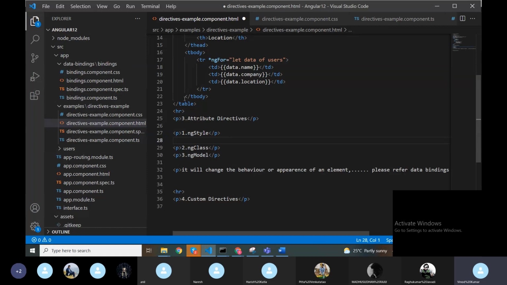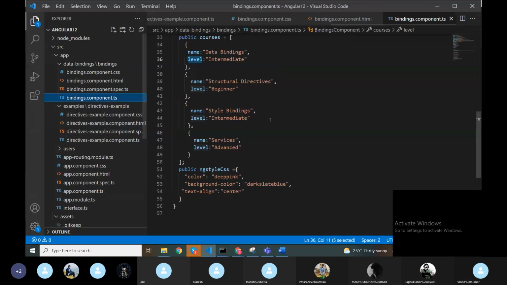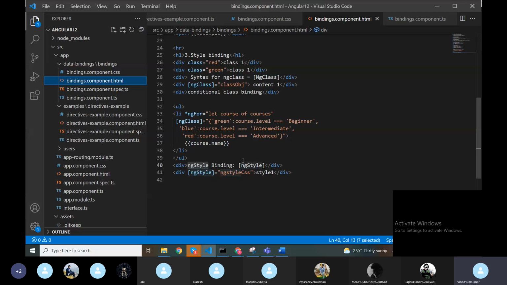ng style is for a single element, an inline element. If you want to provide multiple styles, then we can utilize the ng style directive. We can use it here. What we have used is ng style with the attribute binding, like property binding syntax, like array literals we will use it, and one condition we will provide, ng style class. So one object we will provide it, and inside that particular object,